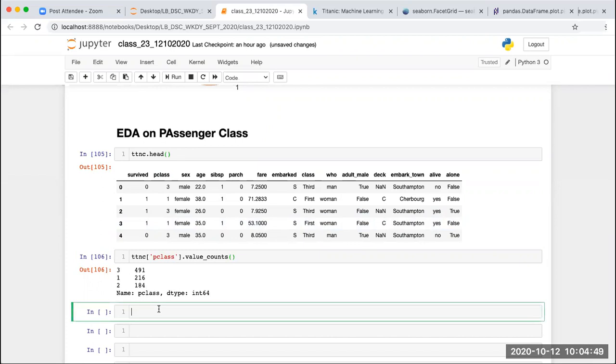Now I'm going to group this data according to survival. I will be using the TTNC dot groupby function, and in this groupby function I'm going to group this data based on two columns, passenger class and survived.